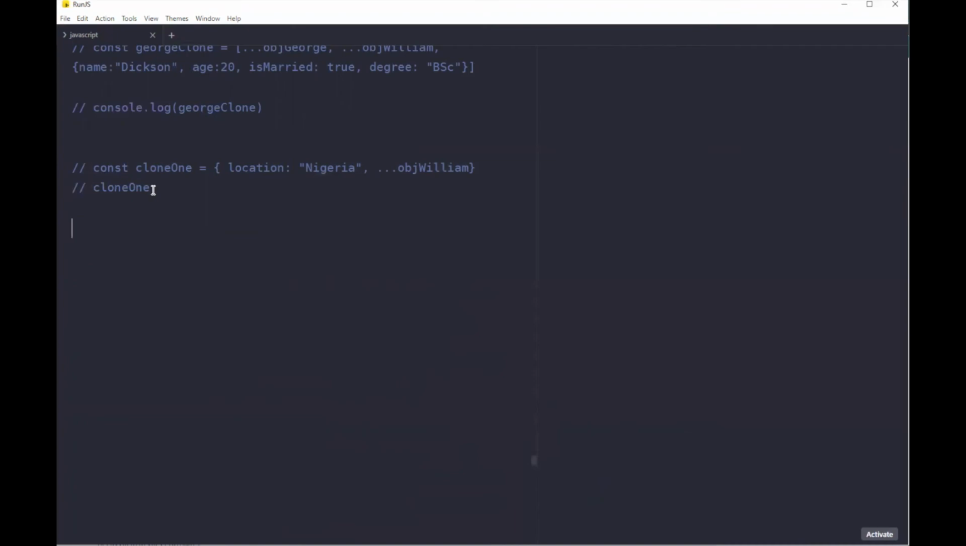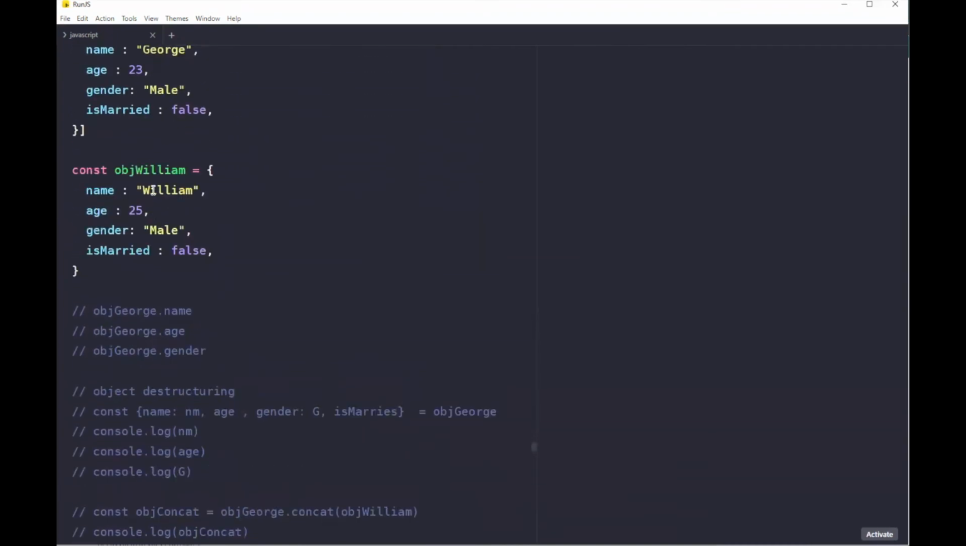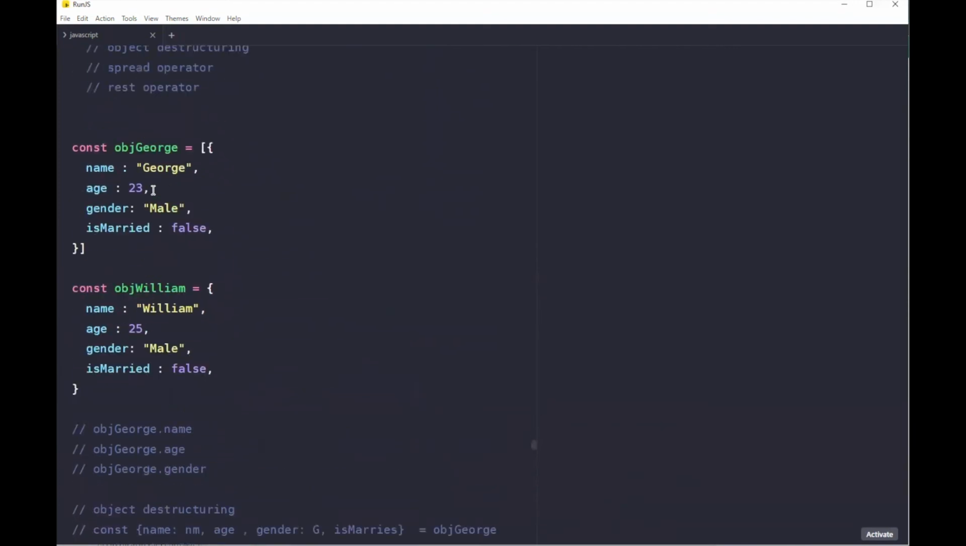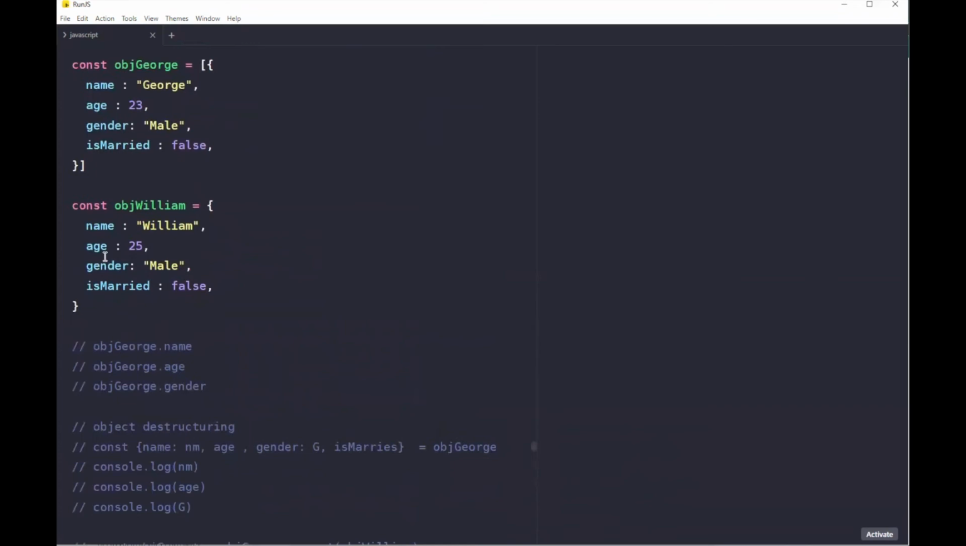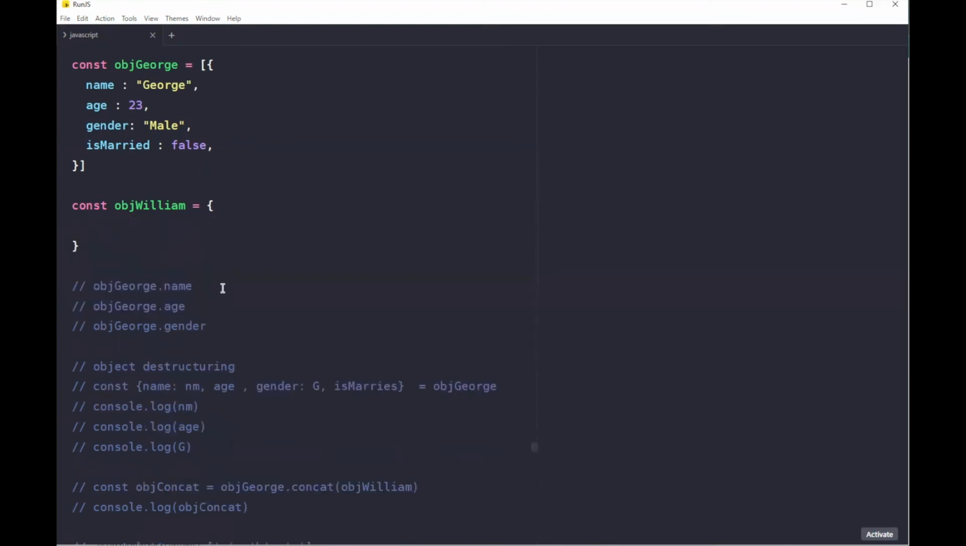Okay, so they should be different properties. Let's remove this. They all have this, right? Yes, we'll change the properties in a second. So they all have this. So let's do